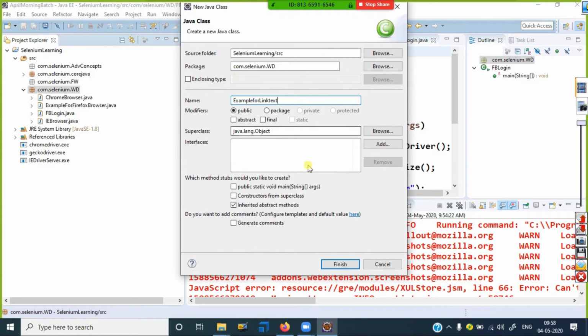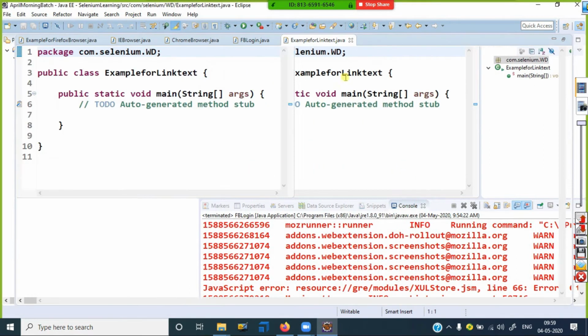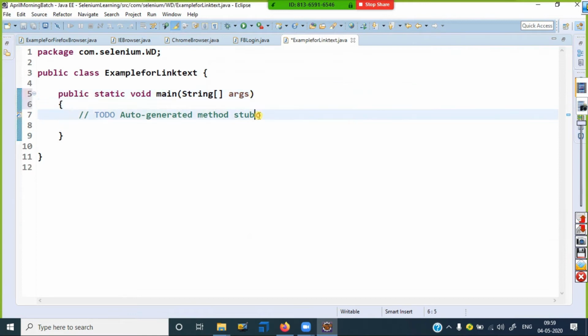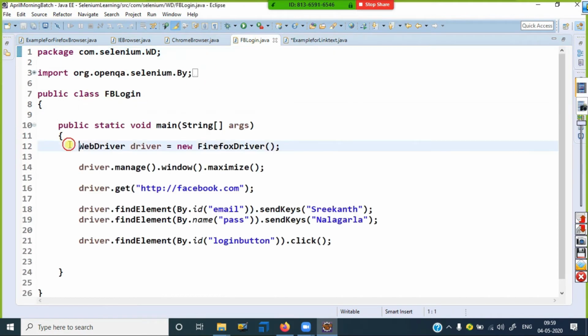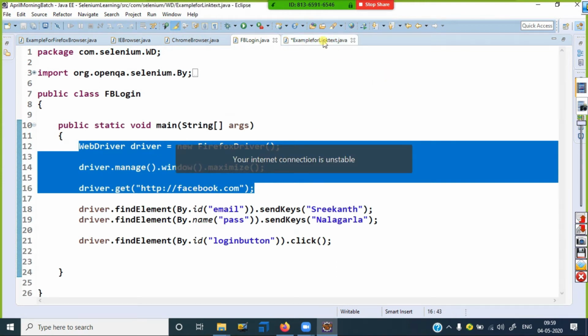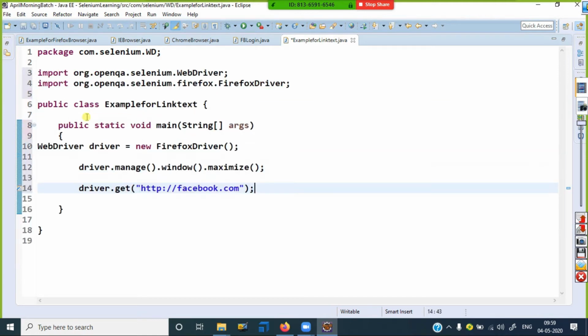Public static void main. Now, as usual, I can open WebDriver. I copy and paste it here: WebDriver driver equals new FirefoxDriver, then maximize.